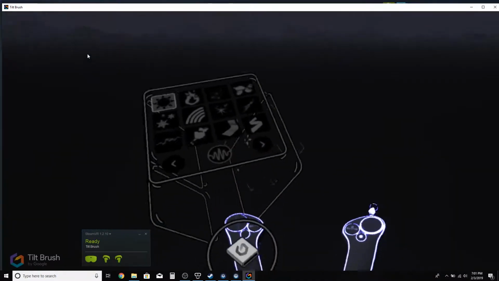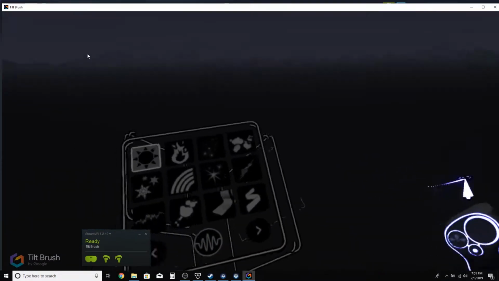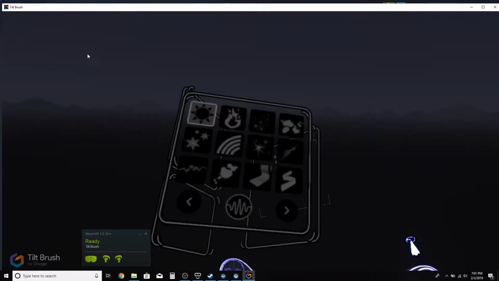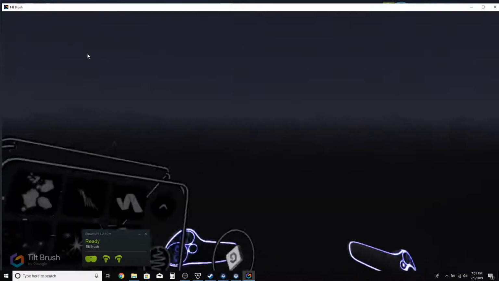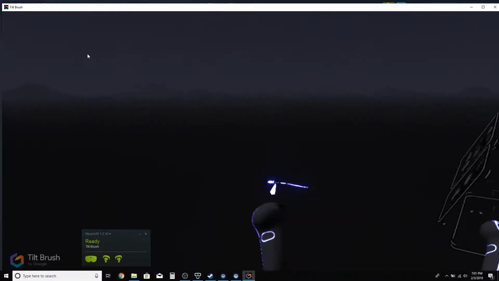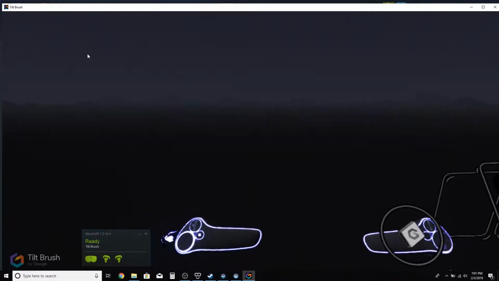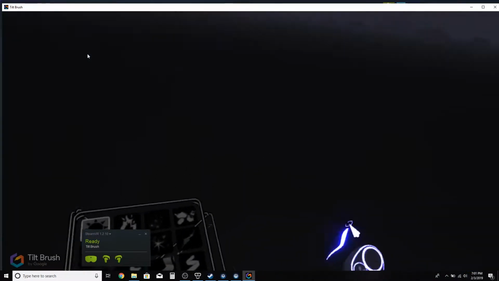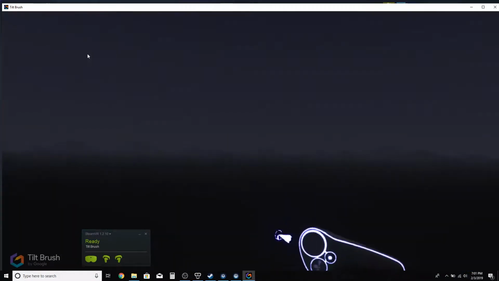So the first thing that's apparent in TiltBrush for everyone is that you'll want to be able to draw with your right hand. And if you're left-handed, you can actually take the handsets and click the bottoms together, and you see how it switches. That's in TiltBrush by default. That's kind of a cool hidden feature they don't talk about. I'm going to switch them back because I'm right-handed. And when you paint, you just hold the trigger down. So I can